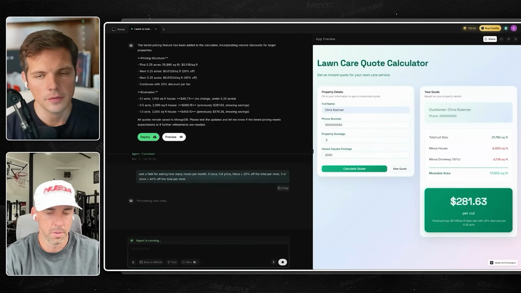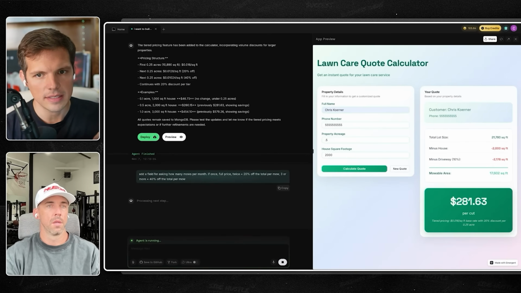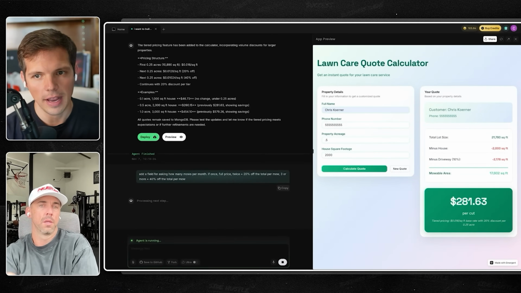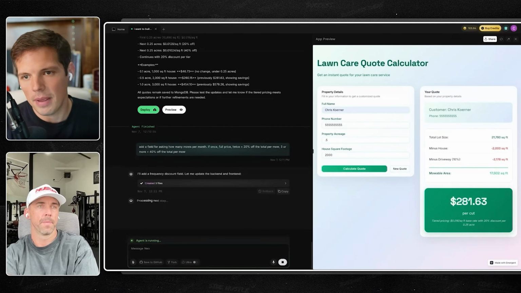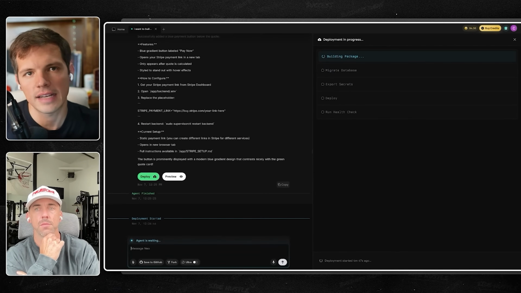Why would you pay Salesforce thousands of dollars a month when you can build exactly what your business needs, or your customers' businesses need, for a fraction of the cost? It's exactly what you need for pennies. It helps you look like a nationwide brand for next to nothing.